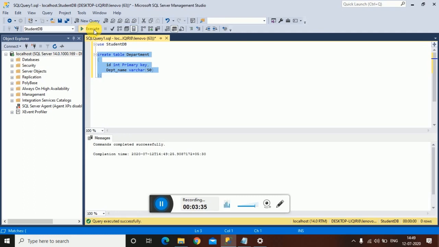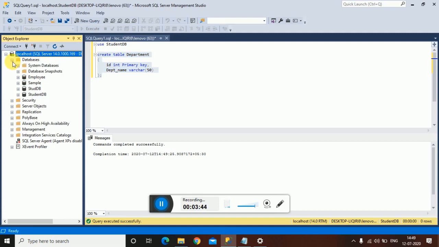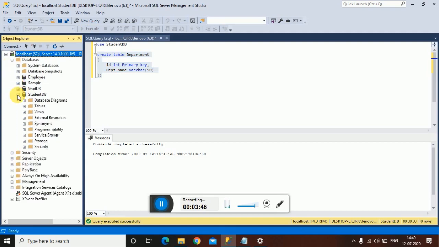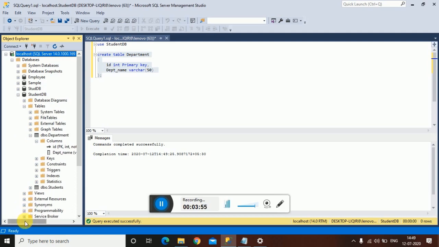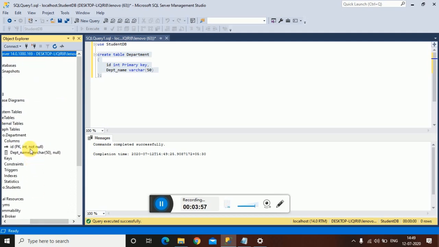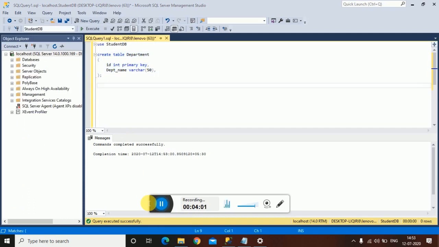There is another way by which we can create a primary key. If you want to check whether the primary key has been created or not, just expand the database, go to student DB, expand tables. In that you can see the department table, expand columns. So you can see that the ID column has been set as a primary key. When you create a primary key using this method, the system assigns a default name to the primary key.